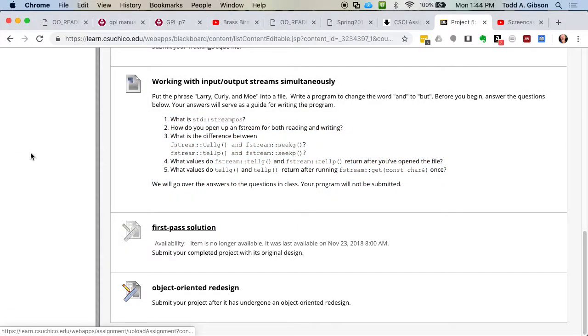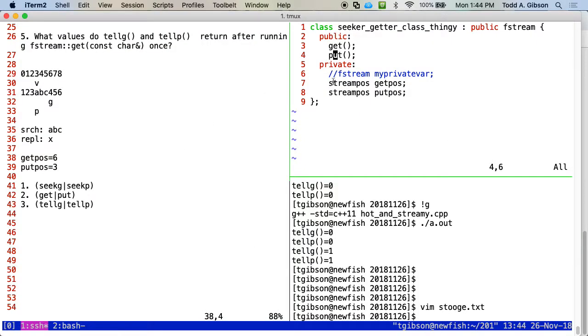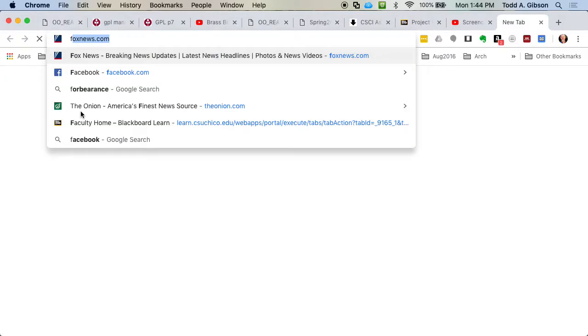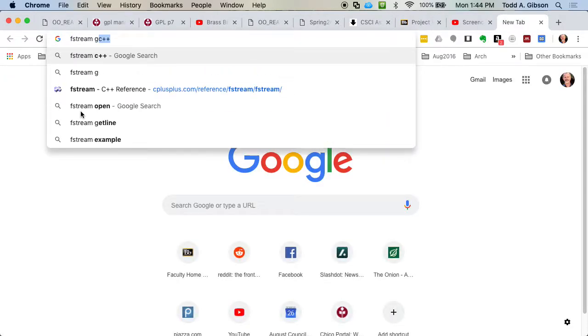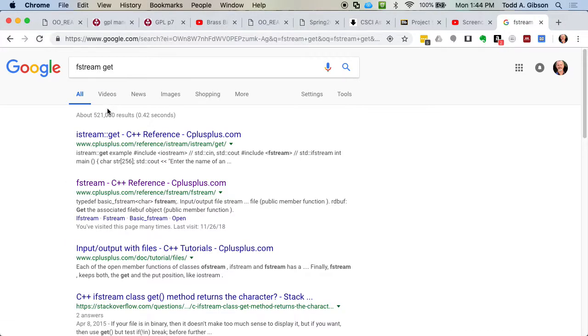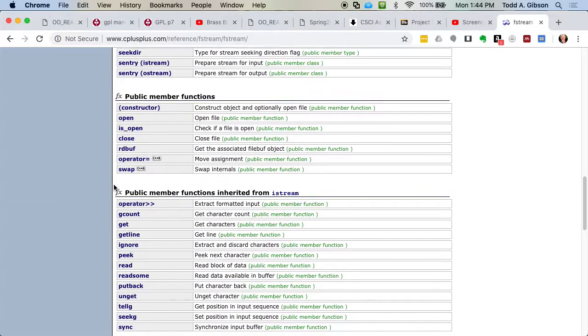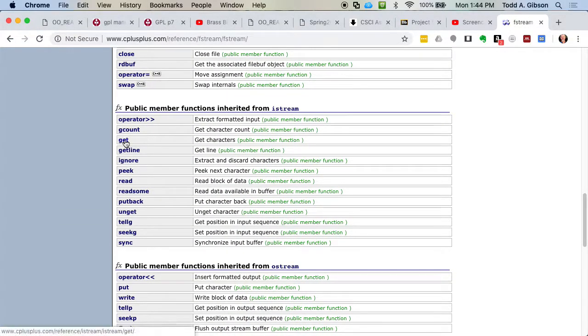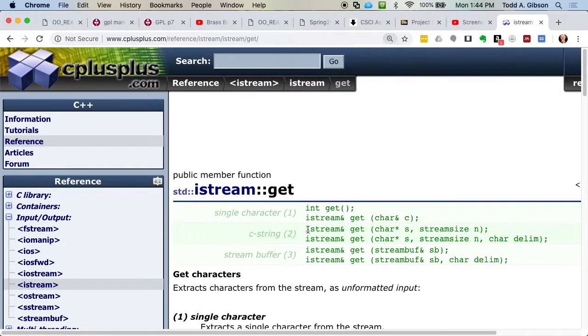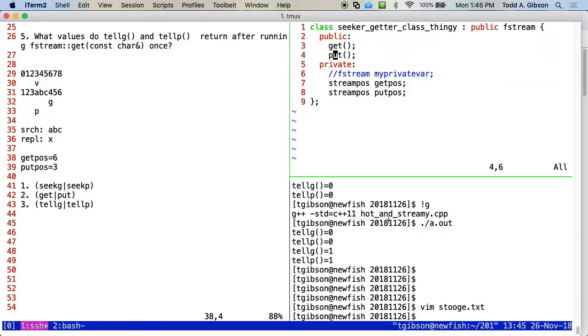All right. I want these interfaces to look the same as they look in fstream. So what I'm going to do is look at fstream get. Here's get, and it returns an istream reference, and get takes a character reference.